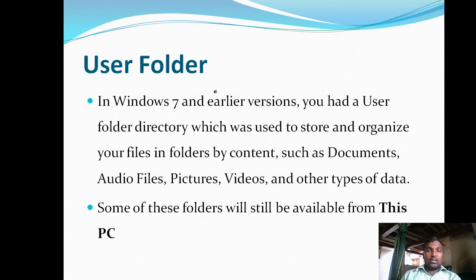Next there is an option, user folder. Now we are going to discuss what a user folder is. In Windows 7 and earlier versions, you had a user folder directory which was used to store